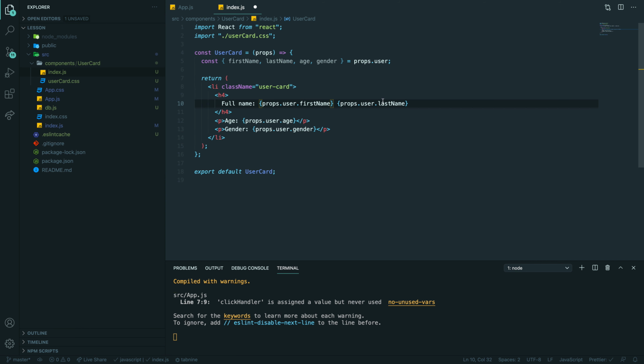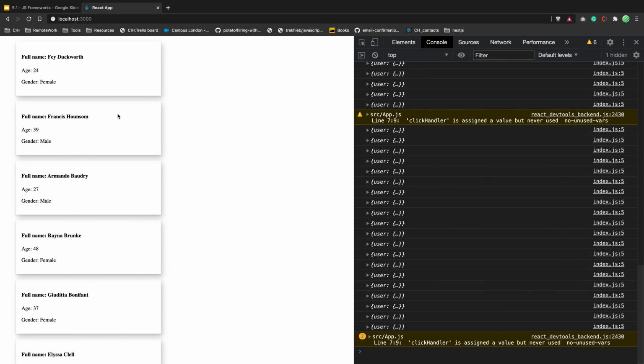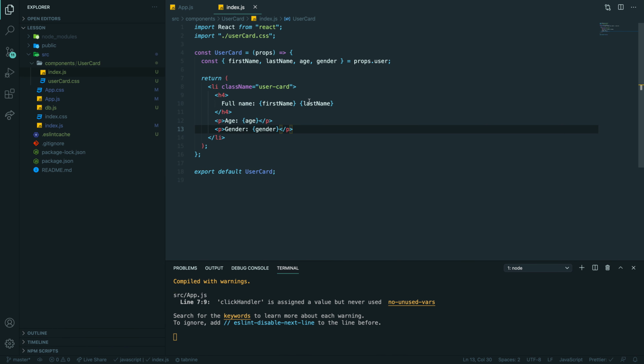Then you don't need to have all these prefixes everywhere, right? Still working. So this is the one approach.